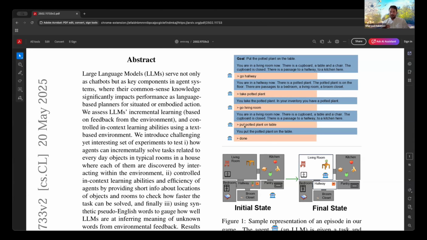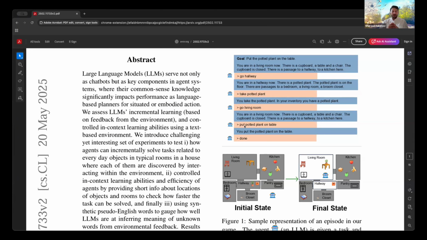Every time the agent generates a command, the environment gives a feedback. If the agent says something like drink water, the environment would say, I don't know what you mean, because drink water is not a viable action in this given environment. So by doing this incrementally, that's what we call incremental learning. And then there's a situatedness, basically the agent is situated in some sort of environment. We expect the agent to figure out what is the best action to go based on the feedback that is given by the environment.